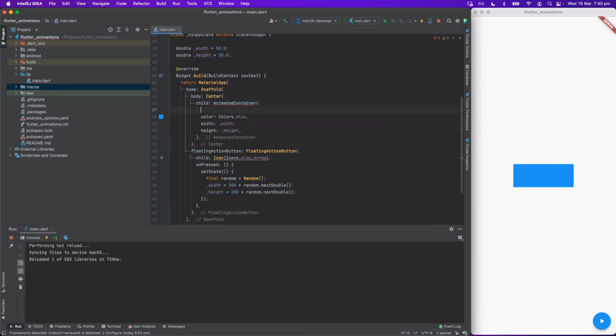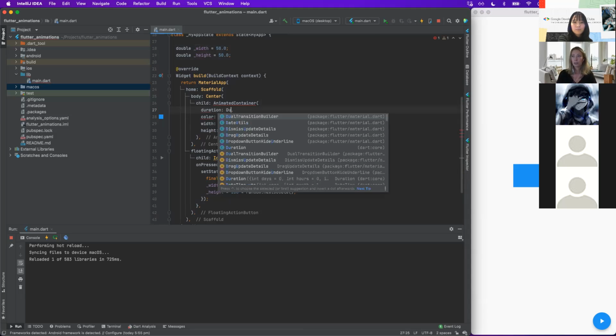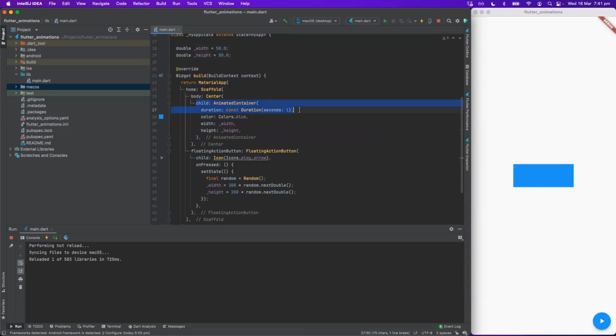And it's gonna compute the whole animation internally. So you don't have to really say, hey, these are the values that you should go from to. You are just telling, hey, this is the width that I want to have, and let's just animate that. So yeah, every animated widget needs duration. That is for how long the animation should last. Yeah, for us, let's say it should be just 1 second. And yeah, that's pretty much it.